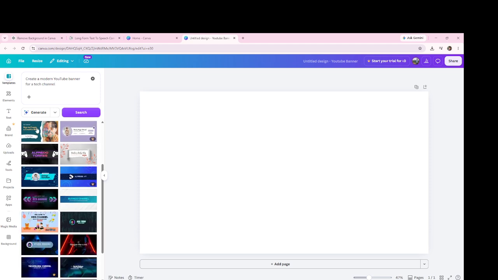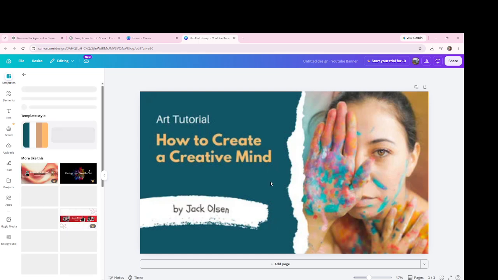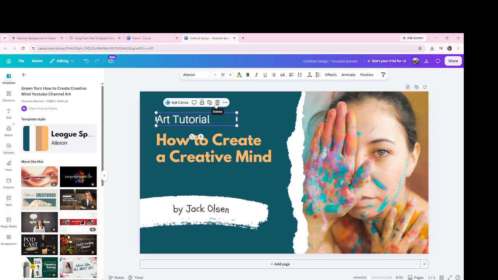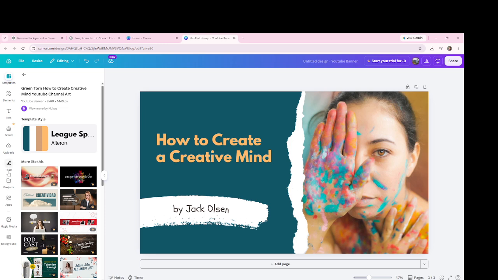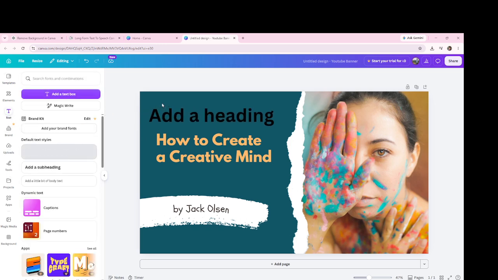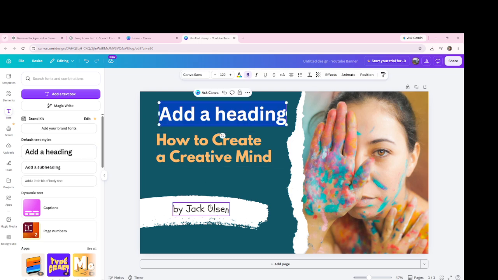anywhere on the page. Canva AI helps you save a lot of time because you don't have to build every design from scratch. Just describe what you want, and Canva creates ideas for you automatically. You can use Canva AI to create YouTube banners, thumbnails, social media posts, logos, presentations, posters, flyers, business cards, and